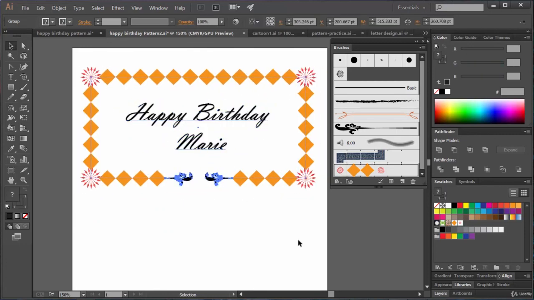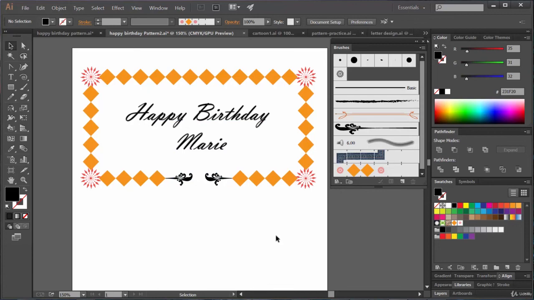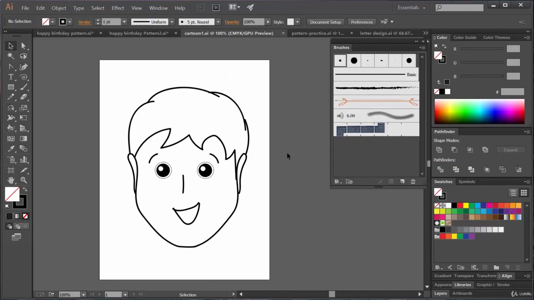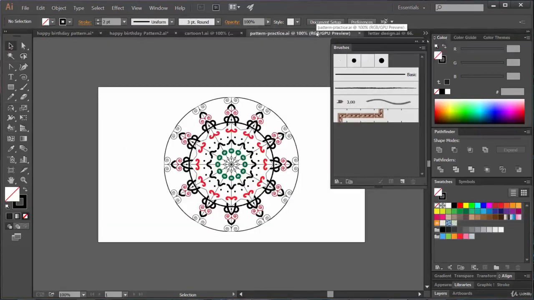Okay, so that's it. Here I am concluding this project, and as you already know by now, in our next lecture we are going to draw cartoon faces. And this is a pattern that I will show you later on in this course, how we can draw really cool patterns with really cool tips and tricks. Yes friend.